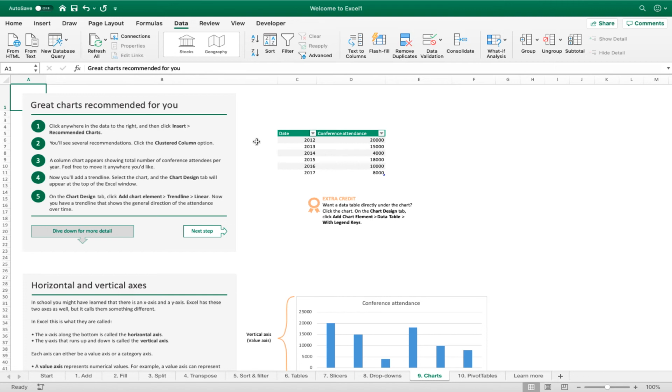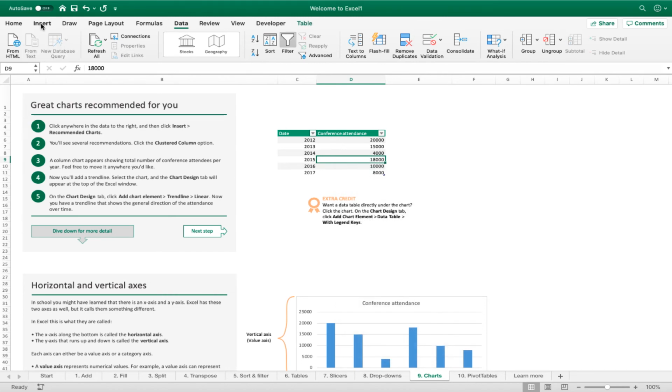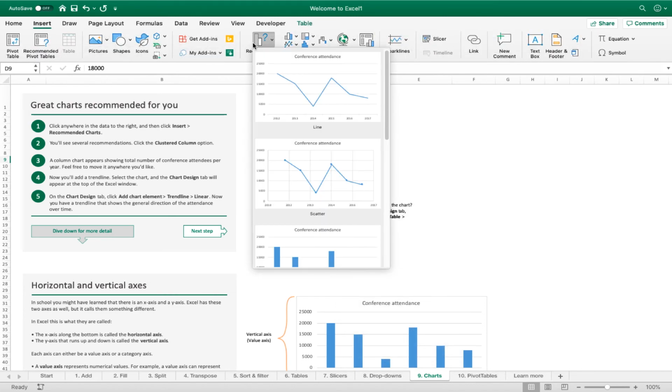Because every time you had IT at school, there would be the data bit, and everyone goes, "Oh, boring." But everyone likes the charts. Well, that pie chart looking thick, that bar chart looking peng, and we're going to learn how to do it right now. Great charts recommended for you, straight up. Let's go. Insert. Not that one. The insert up here. Recommended charts.